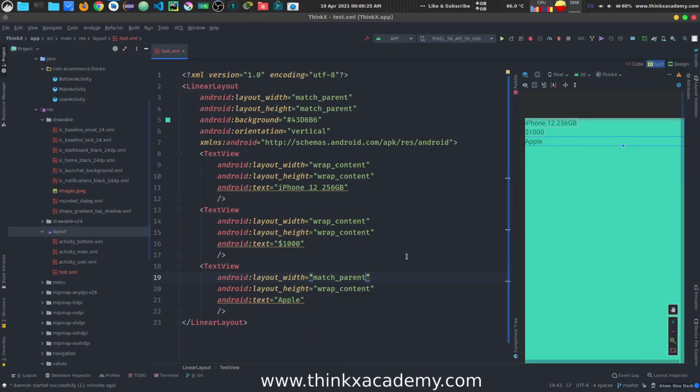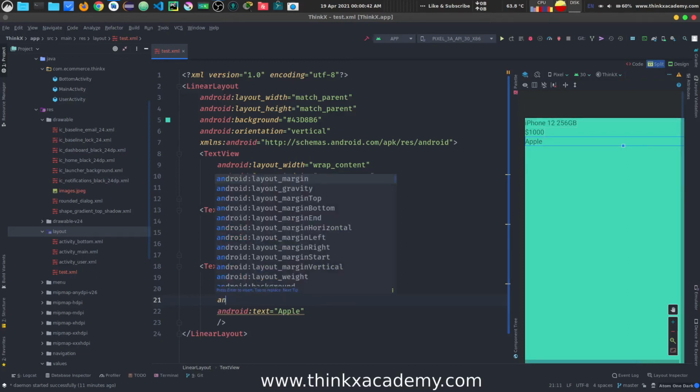Now I will show some more tags that you can use, and you will be able to use them a lot when you are trying to write some design, right? So let's say I want to align this text at the center of this text view. So first what I do is I can just simply write here